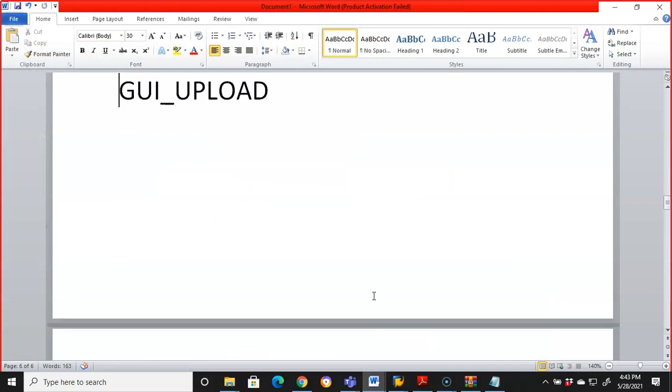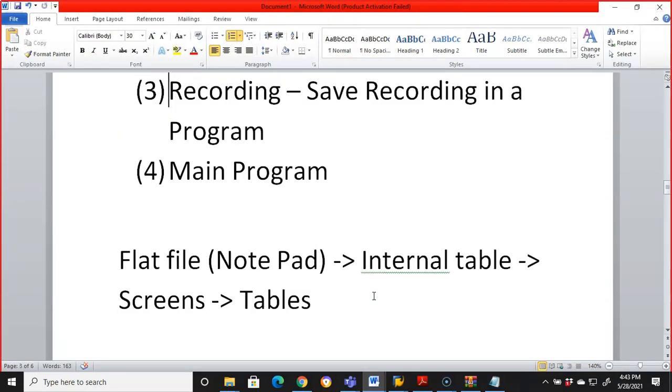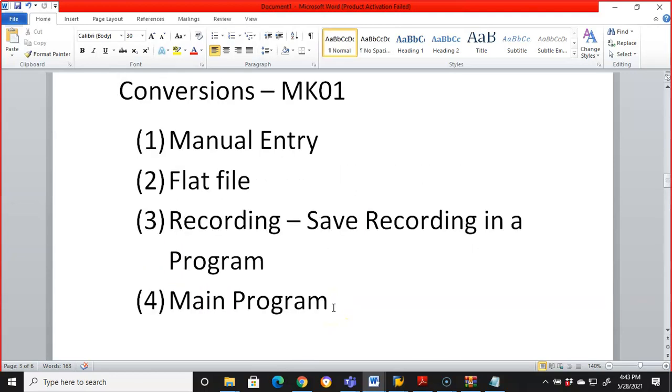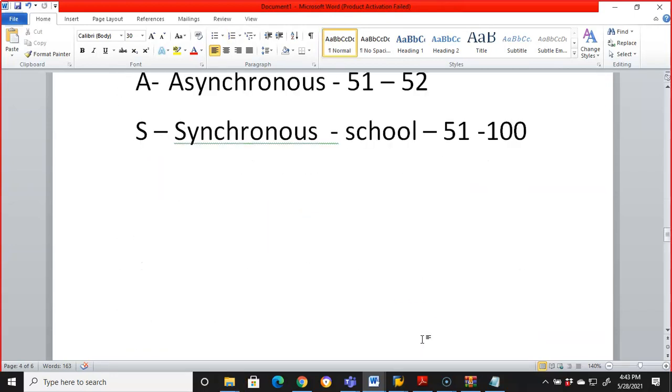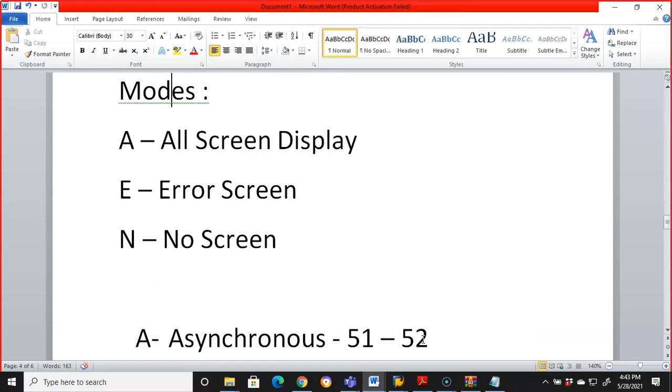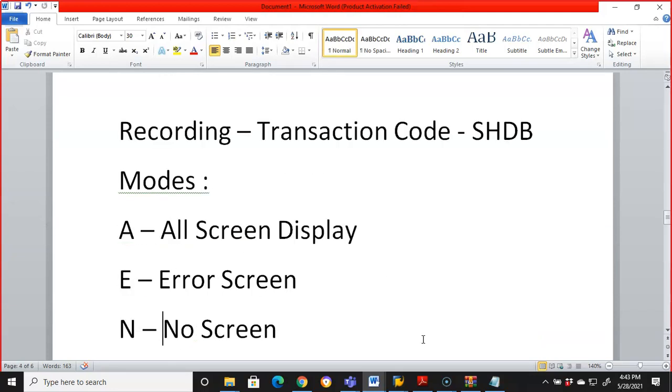Yeah, we have got data from flat file to internal table to screens to the tables. This is what we have done. So we have done it for MM01. First we did the manual entry, then we created the recording and flat file, and then we went into the main program. As we already discussed, in the call transaction,